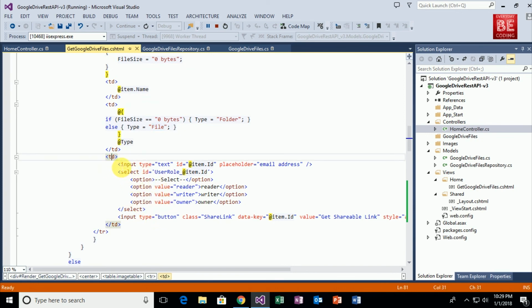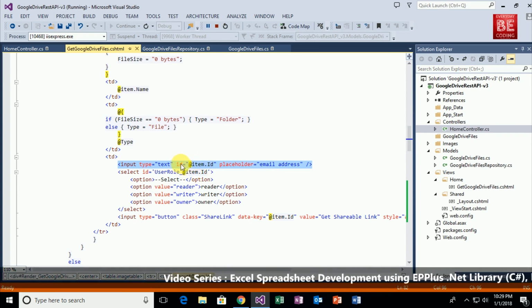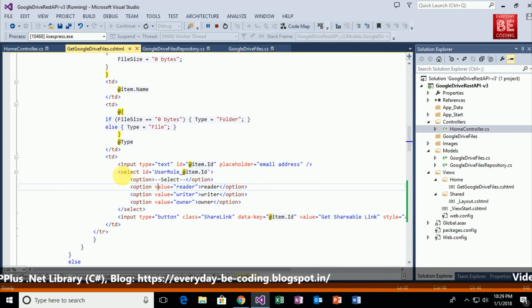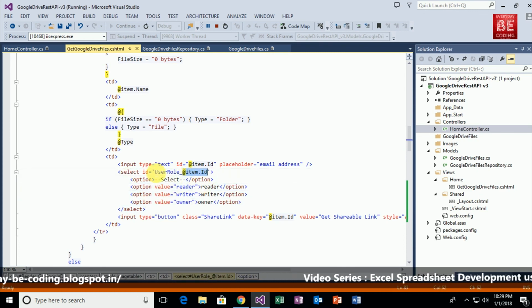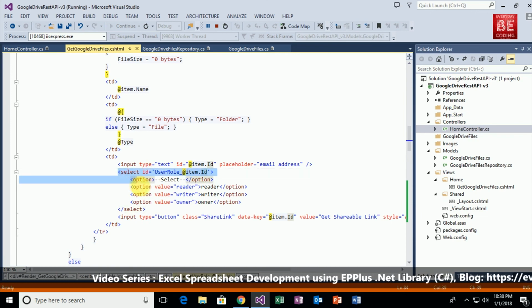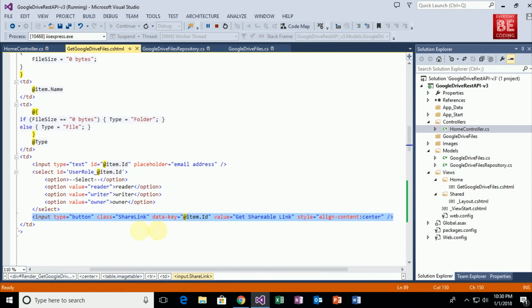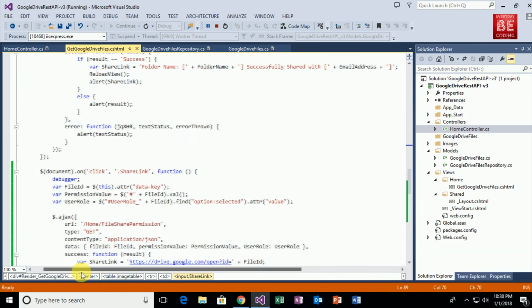Within this TD, first I am declaring a specific HTML text box, and I am putting item.id, that means Google Drive item ID, into the specific ID attribute of the text box. After that I am using an HTML select control, and I am using this item.id as an ID attribute of this select control. Third, I am using a button, and within the button I am adding an attribute data-key, and I am storing item.id into that attribute, and after that I am using a class share link, and this share link class is captured by my jQuery code in the lower portion